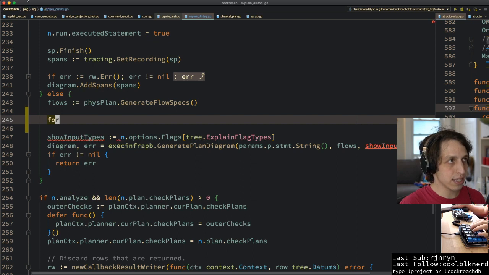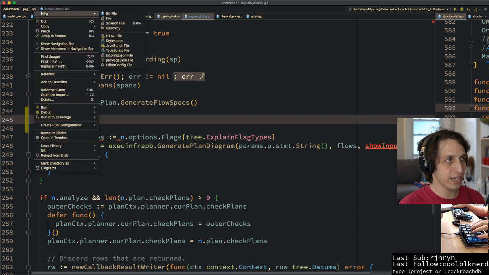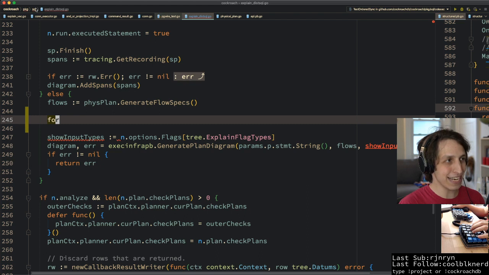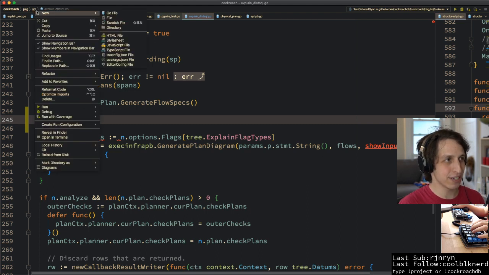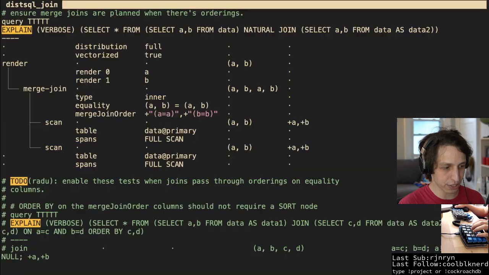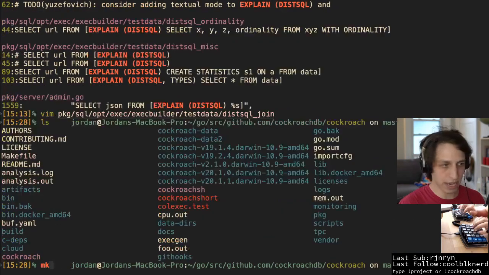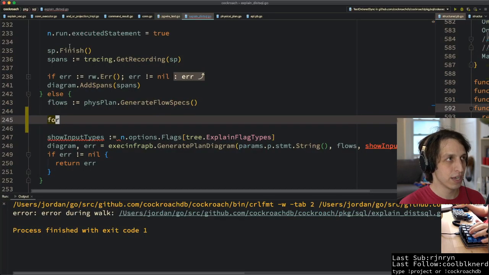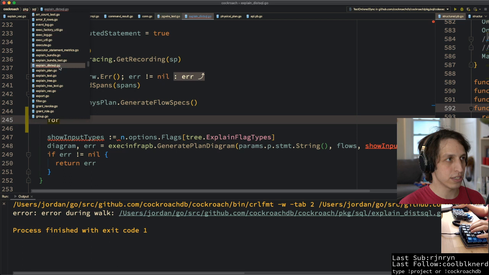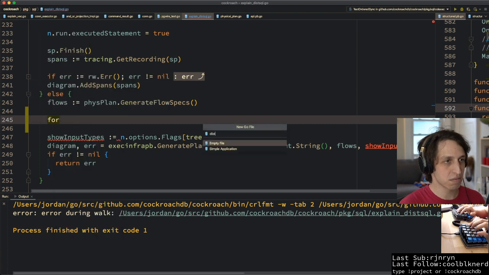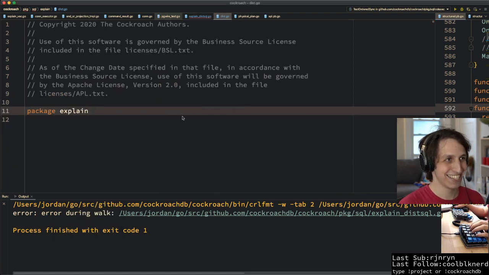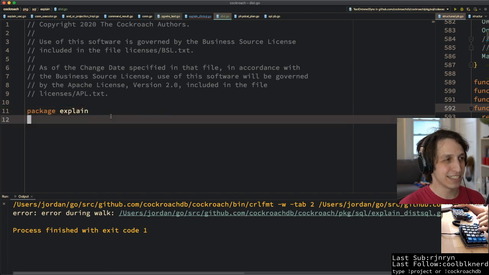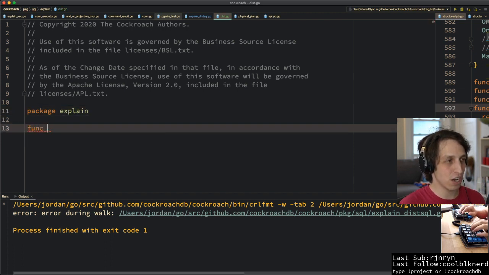So let's make a package. Should we make a package? Let's make an explain package. Why don't we have an explain package, dude? This is crazy, I'm just realizing. Let's make an explain package. Okay, so we're going to say make dir package SQL explain. Should have done this a long time ago. The first file in this package is going to be called dist. And what it's going to do is that we're going to have a func called